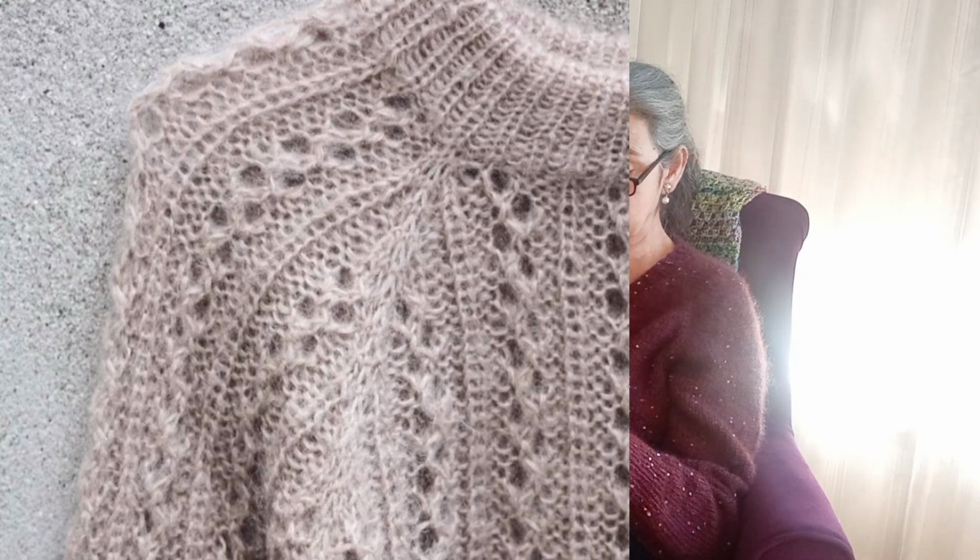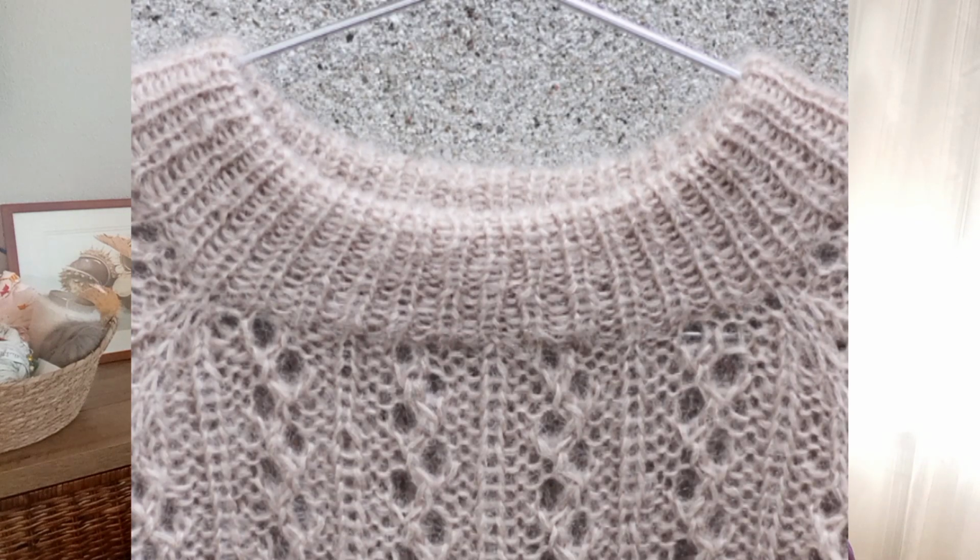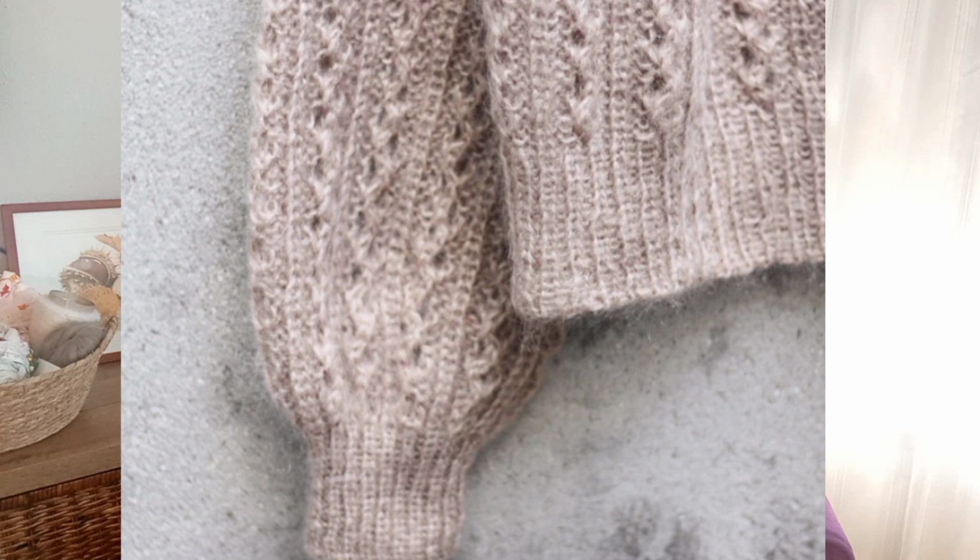It is a raglan sleeve construction. It is top down, and it has many, many, many projects, like 385, which is a lot, but she is a very well-known designer. And yeah, it's beautiful, it looks pretty easy. The eyelets are separated by reverse stockinette. And yeah, I'm looking forward